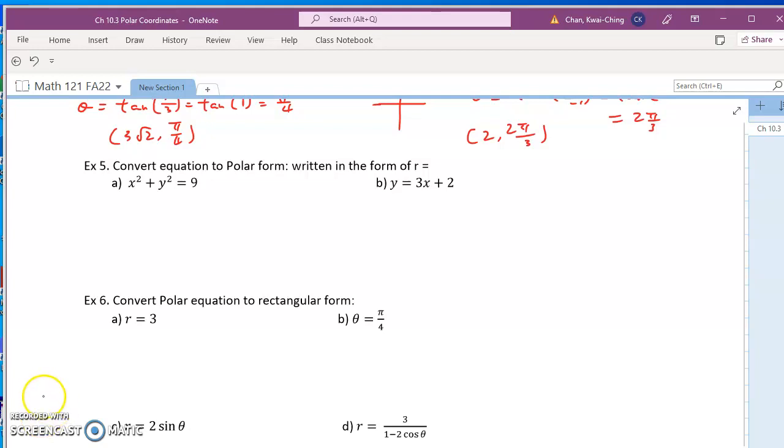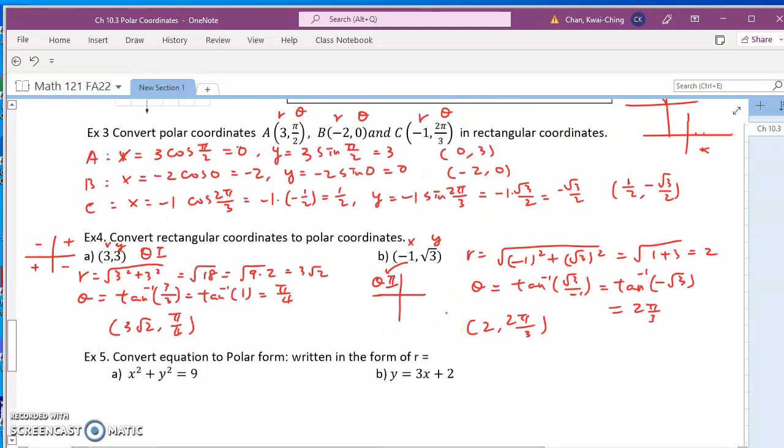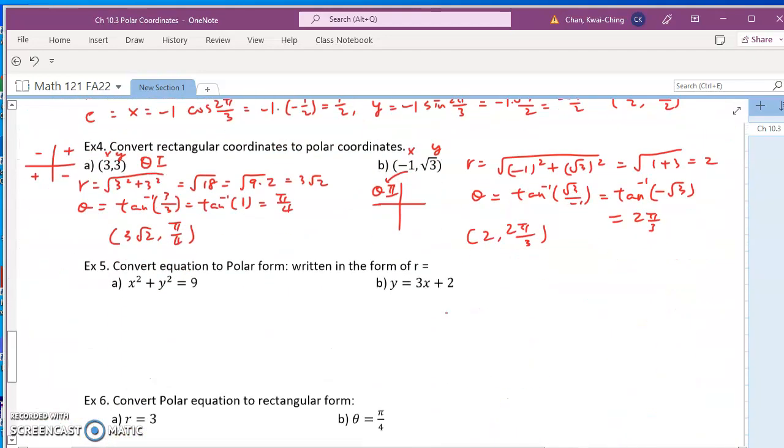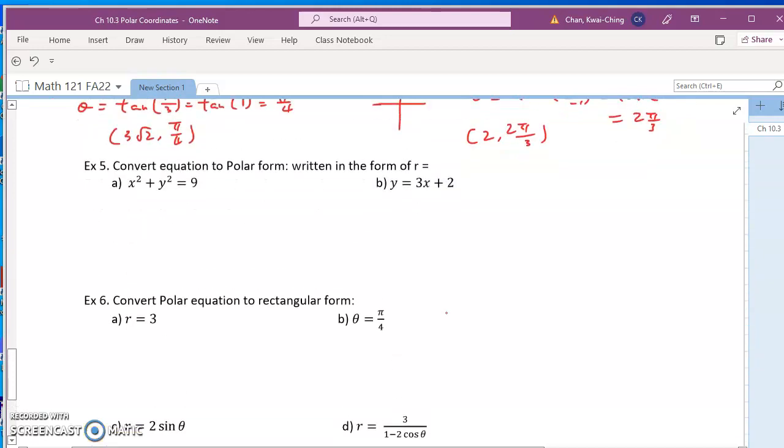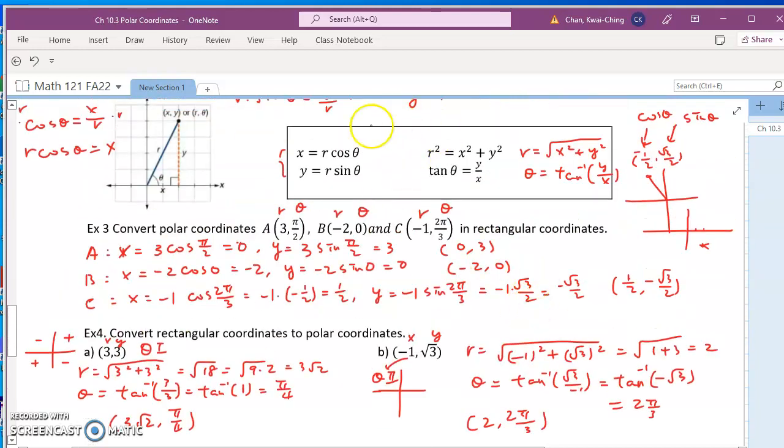Hello, Trigonometry student. This video is video number 3 for 10.3. Our primary goal is to learn how to convert equations from rectangular to polar and then also from polar to rectangular. I don't have a how-to here, but basically we use the same formula that we use to convert